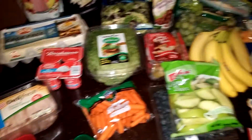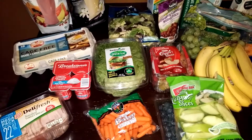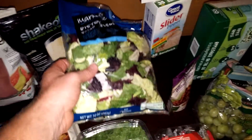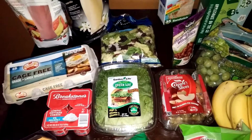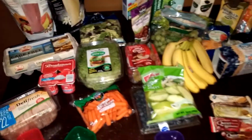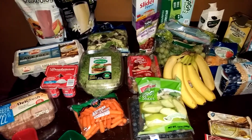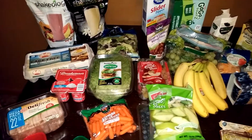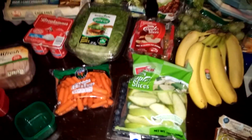So the greens, just got some baby carrots here. We're going to actually grab a handful of baby carrots or whatever. I have some salad here. I'm going to cut some more lettuce out of our garden, and then we're going to actually just make up some salads maybe on the way down. We're going to hopefully, instead of stopping at a restaurant, we're planning on stopping at like a park or something like that to give the kids a little bit of time to run around, and then we're just going to whip up a salad quick,